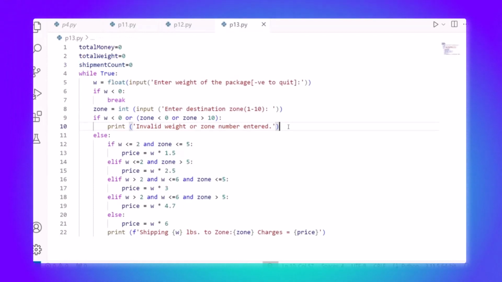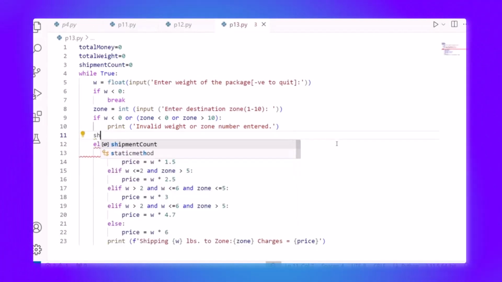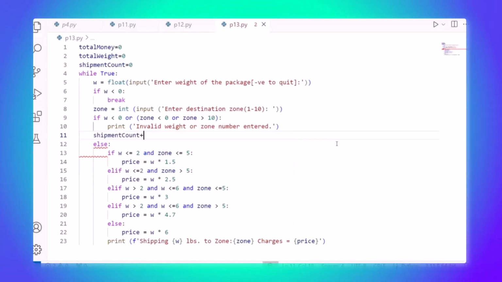We can just increment this here because if the user goes here, it means everything is fine. See line 11? I'm doing this after validating the weight and the zone. Does that make sense? In line 9, I do validation for weight and zone. So now, in this case, I'll say shipment count plus equal 1, incremented it,